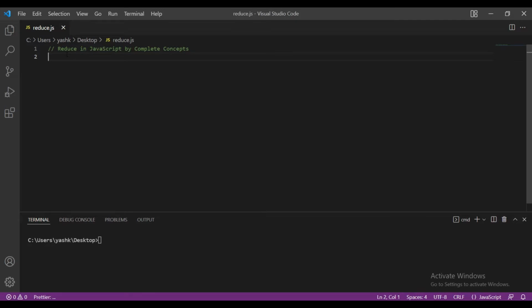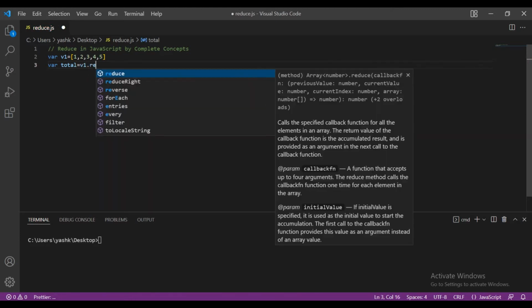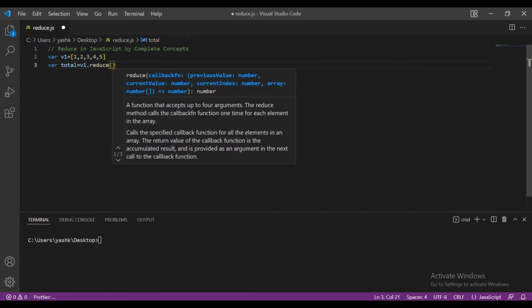Suppose we have a requirement to sum all the elements of an array and display that sum. So let me declare one array, v1 equal to 1, 2, 3, 4 and 5. Now using reduce we will try to print its sum. The reduce method will return us a new value, where total equals v1.reduce. Now this reduce method will take a callback function